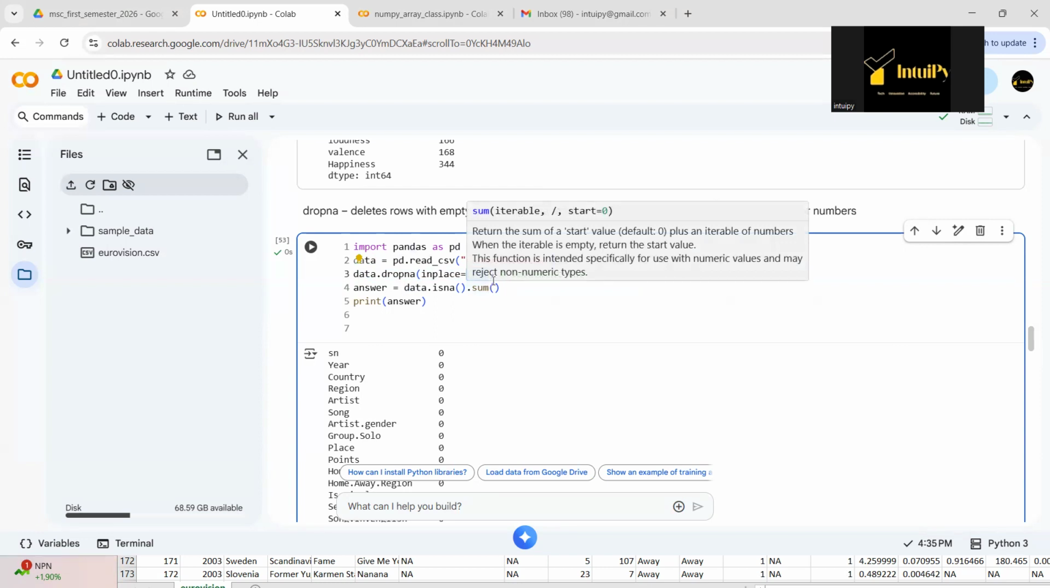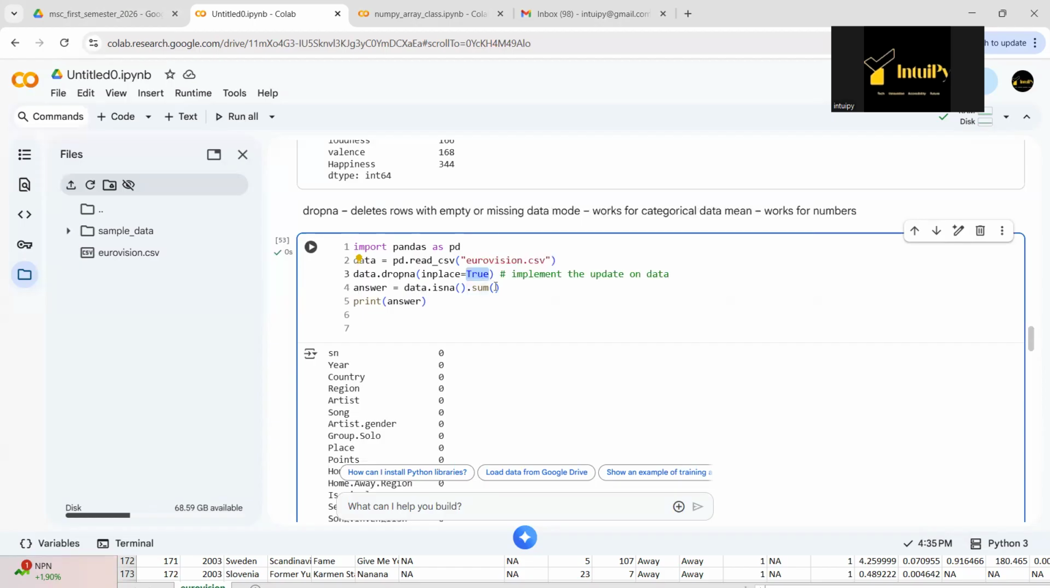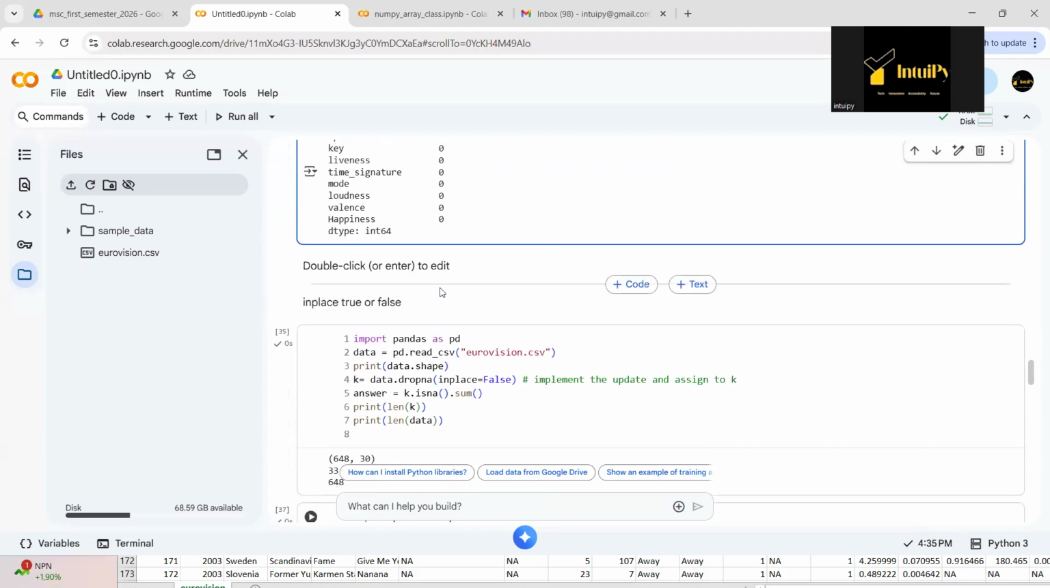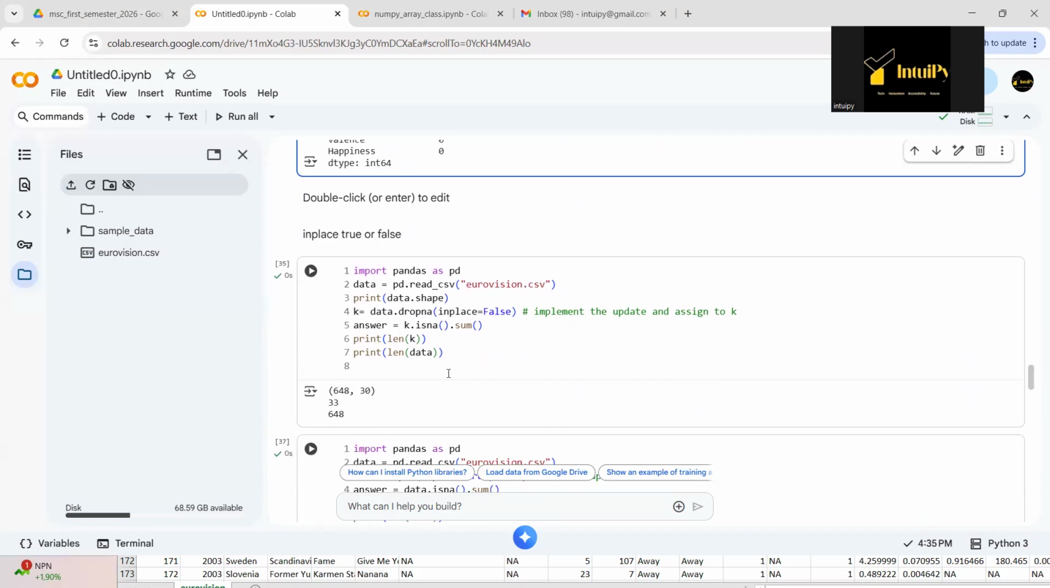Are we together? So that is what it means. And then we have done that. Yeah, so there are times that you want to also do